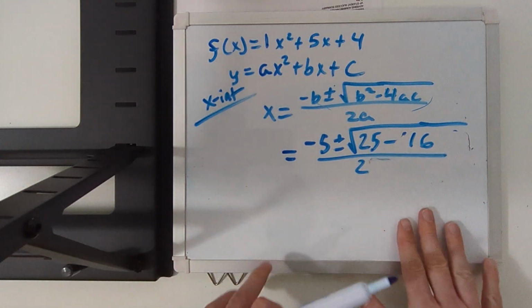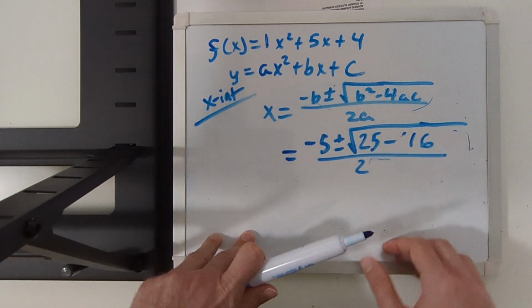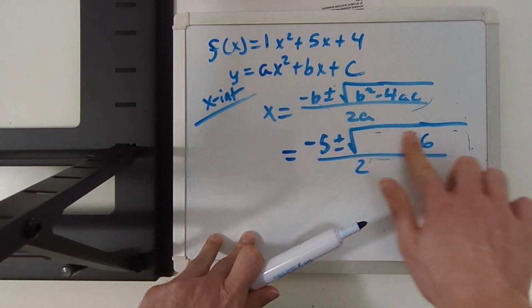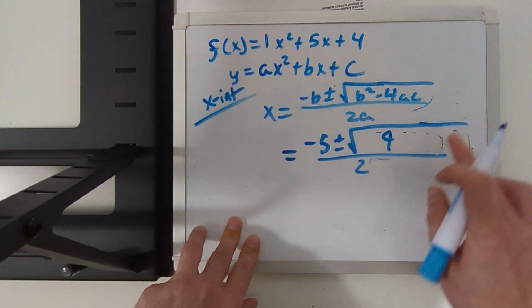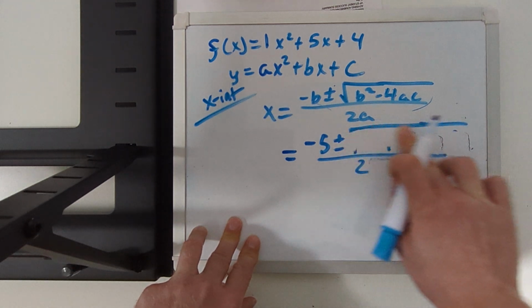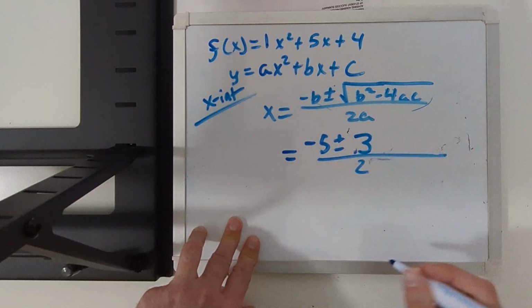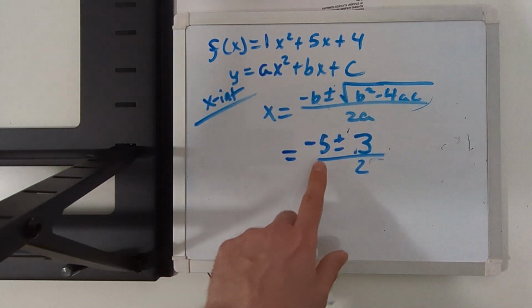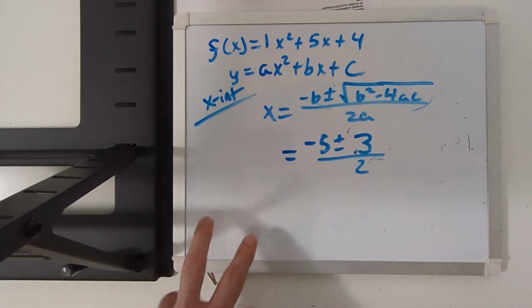I'll clean this up a little bit before I take up my whole board with this problem. 25 minus 16 is 9. And the square root of 9 is 3. 3 times 3 is 9. So here are my two answers, negative 5 plus 3 divided by 2, and negative 5 minus 3 divided by